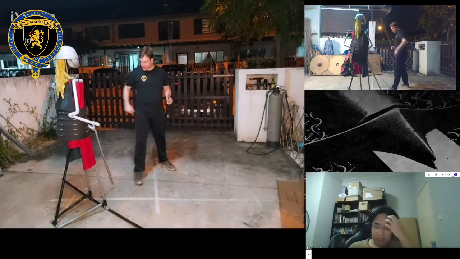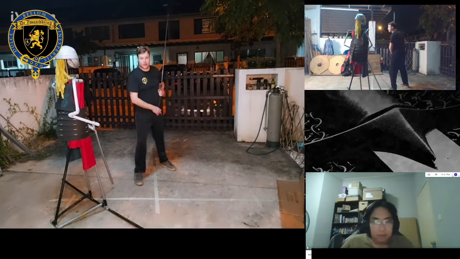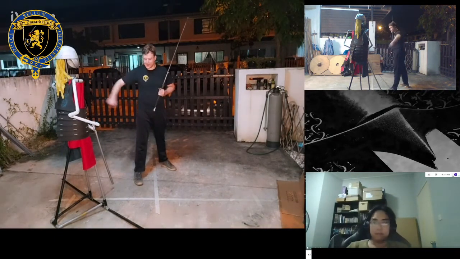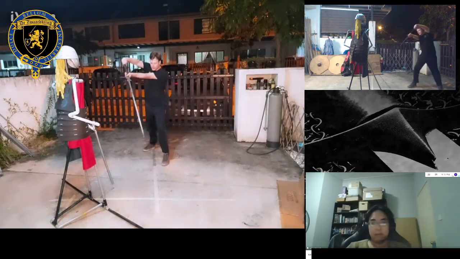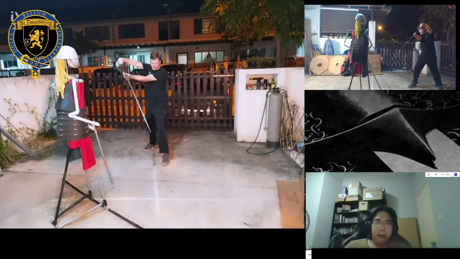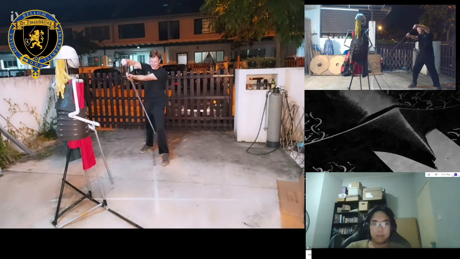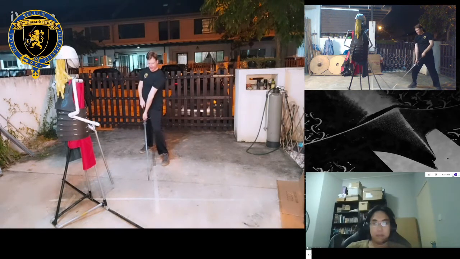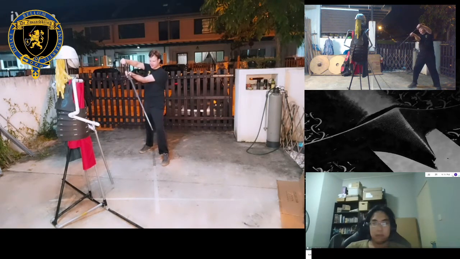So then the same we can do from our lower. I can do the same to protect against the lower. All I need to do is sort of invert the angle and guard low. But as you can see, my sword is still quite high. I'm not defending here against a low attack. My sword is still quite high. Because let's remember, why do I need to defend high against low attacks?